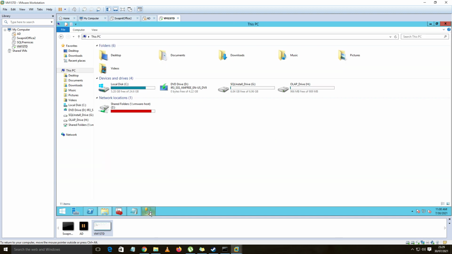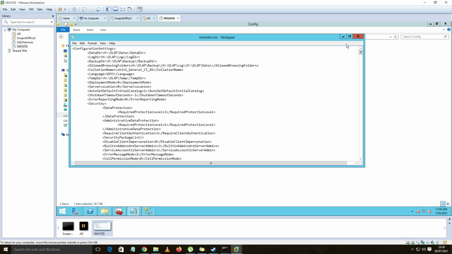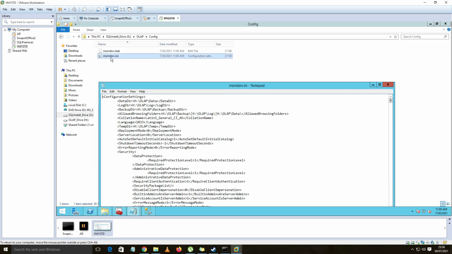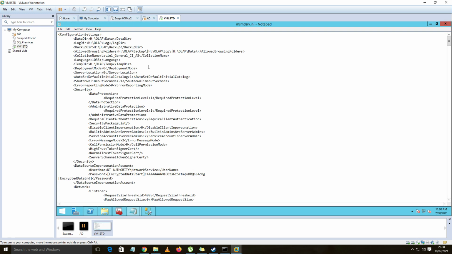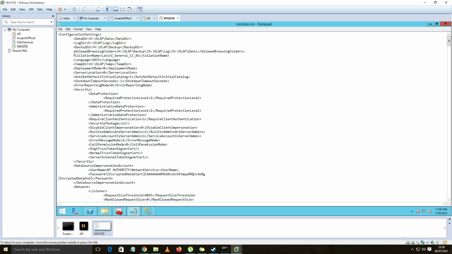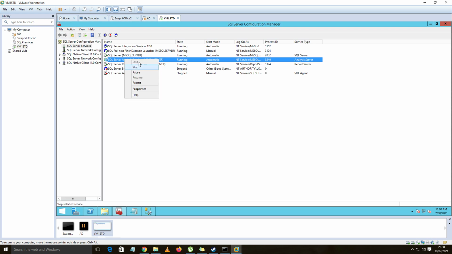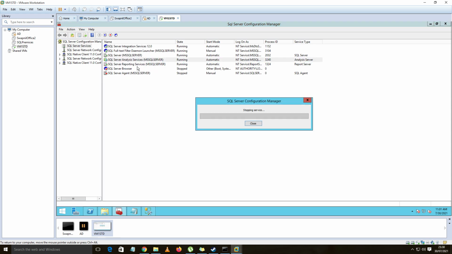If you see, basically these configurations are getting stored in this file. If you open this msmdsrv.ini file, this is the directory. So I have updated the locations. You can directly update this file, but it is better to do it through SSMS only. These are the four properties we have updated. Other than this, the config directory remains on G, and to get the changes reflected we must restart the service. But for now, let's stop the analysis services.